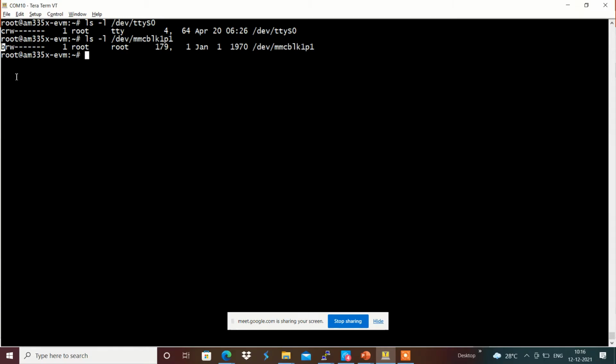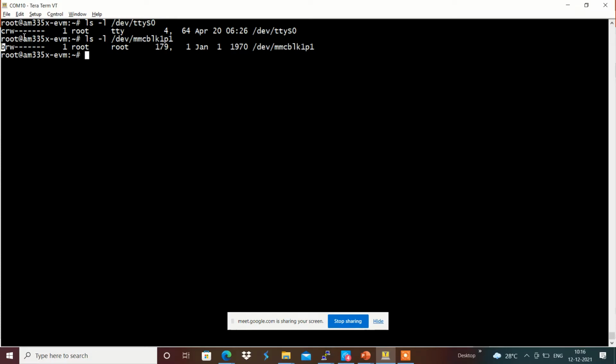So ttyS0 is a serial character device file, and a block device file is denoted by B over here.